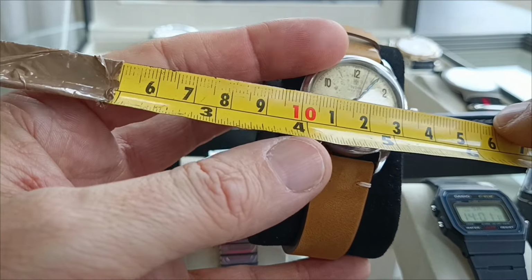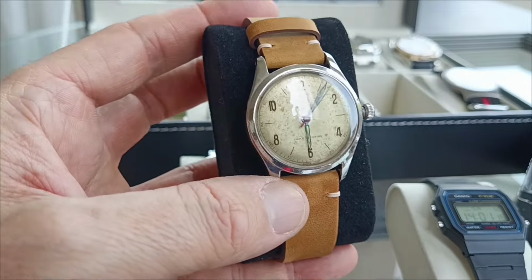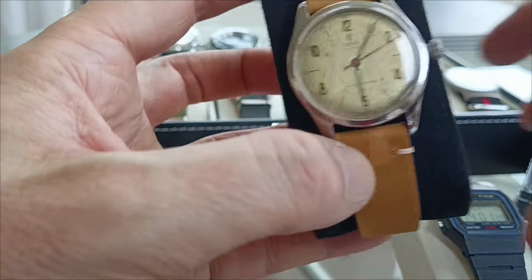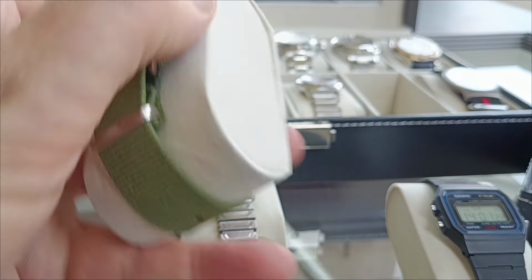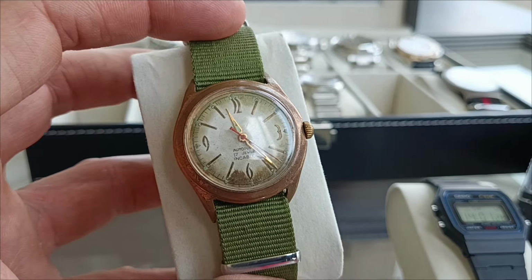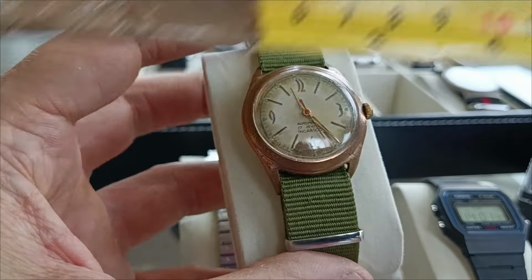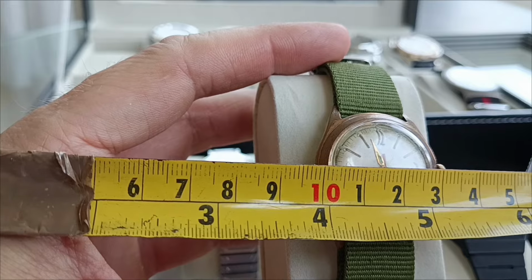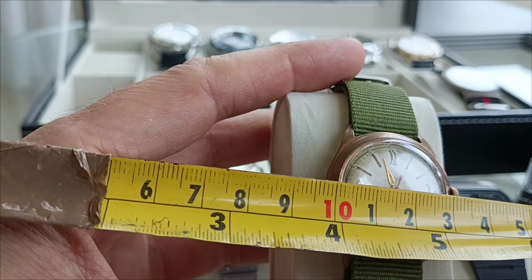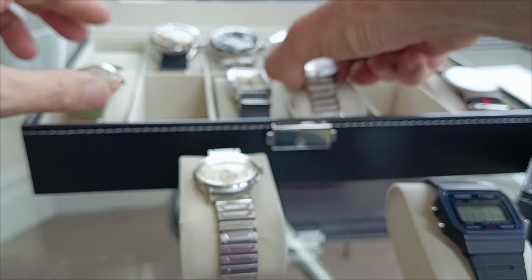So that one is a 35. So that is the same size as the Tag, which I think is quite wearable. This little watch here, which hasn't really got a make, has a movement that's using Breitling's little automatic, but that is tiny. I mean, they do become smaller than this, so that's 32, 33mm, and this little West End one,